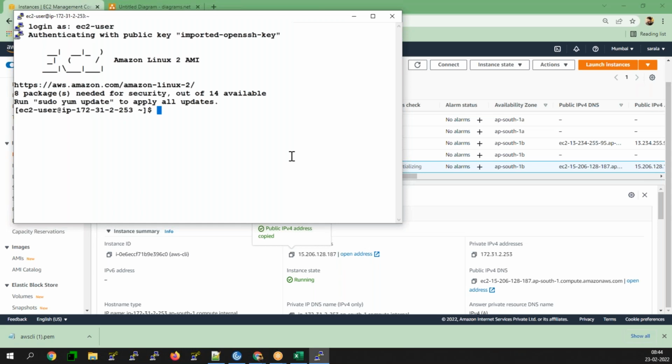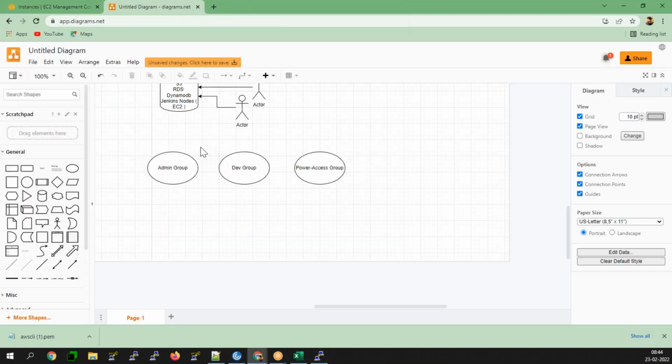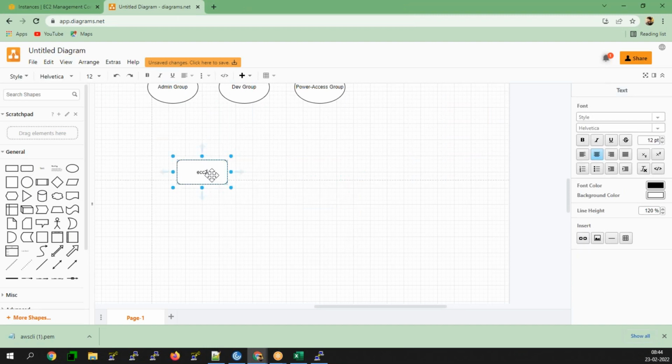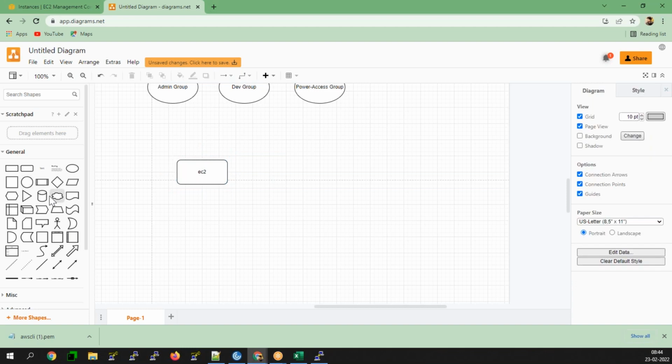Now my requirement is that from this respective AWS EC2 instance, I want to call the S3 bucket.